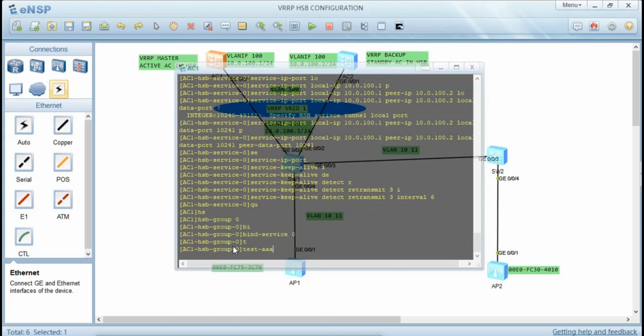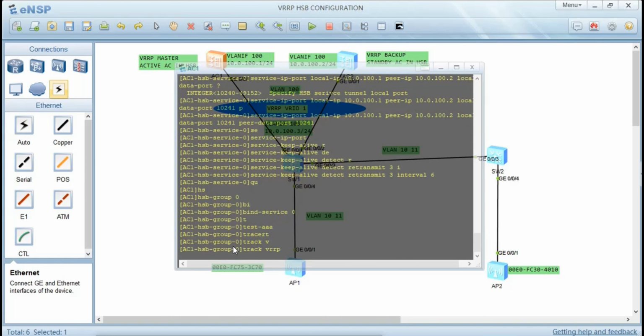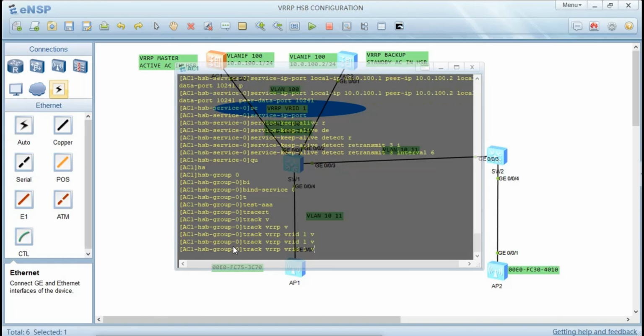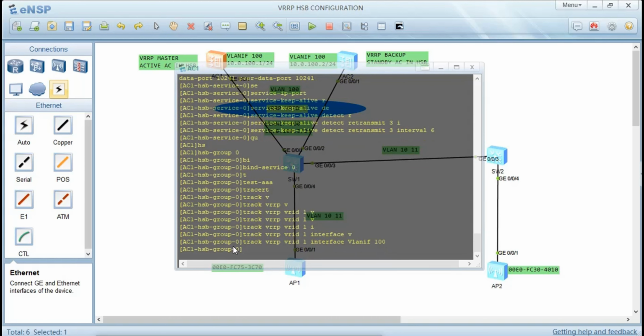Also we bind the VRRP VRID 1 VLAN if interface VLAN if 100. Also we are going to bind the NAC into the VRRP group. So we quit and also enter service